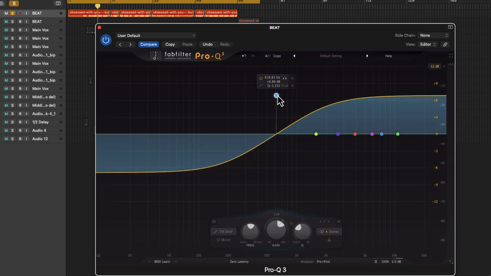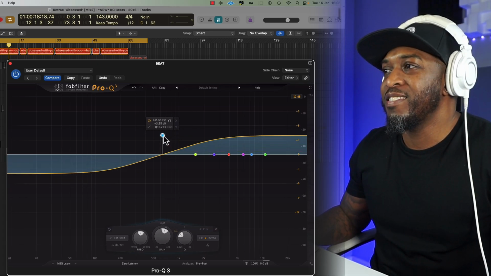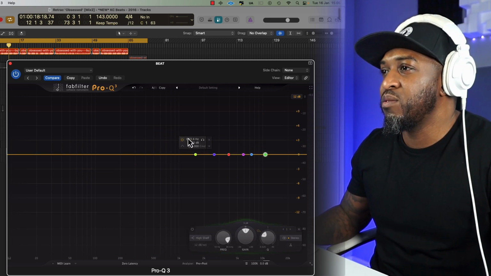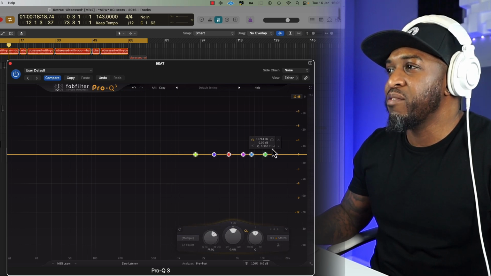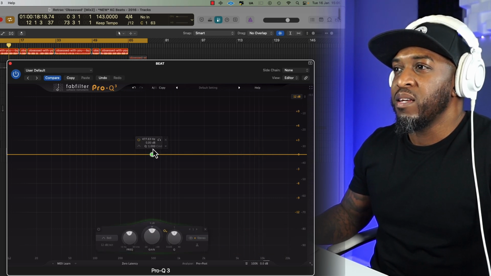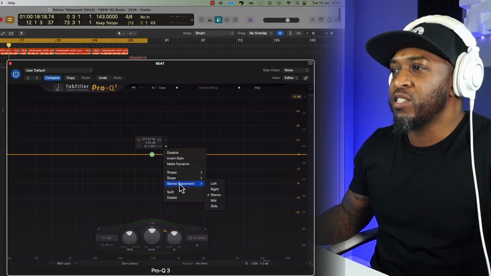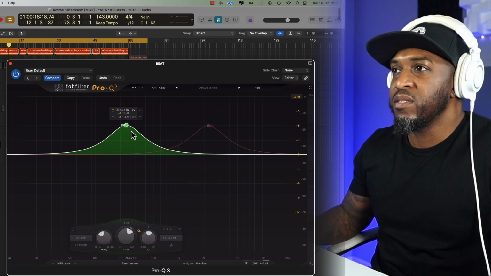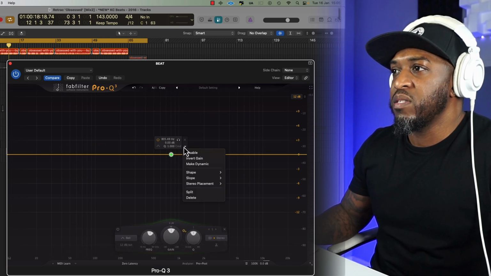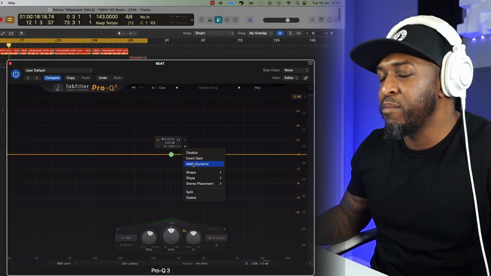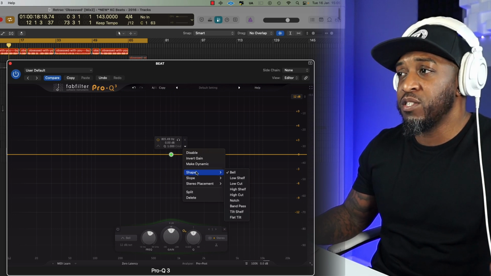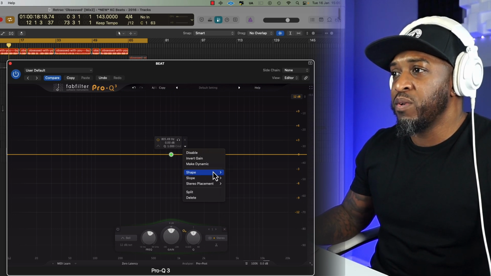and you've got a balance, which, if you're trying to get creative, is a good little tool. It's so technical. So you can highlight and get rid of all of them, press X, create one. You can change your stereo placement from left to right. You drop down the arrow, go to stereo placement, change that to right, change that to left. You can disable, invert the gain, make it dynamic, which we'll talk about shortly. The shape of the node, like I mentioned earlier, you can change from here as well, in shape, the